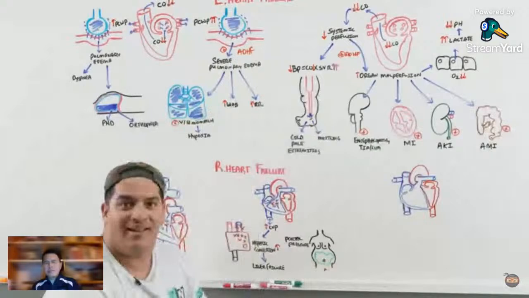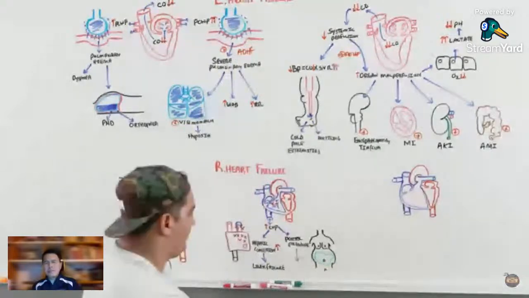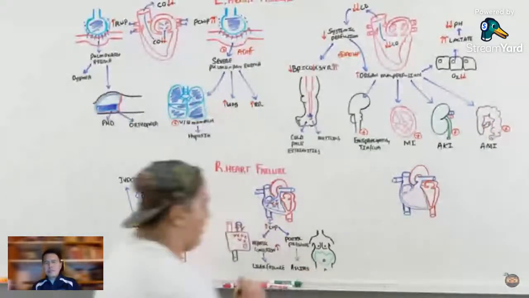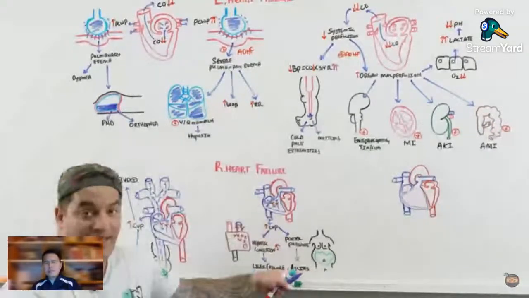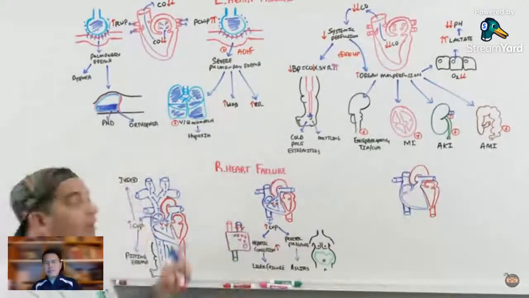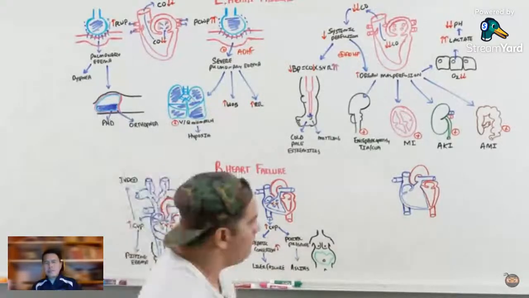So watch out if a patient develops liver failure and they have a history of right heart failure, think about that. If they have ascites and a history of right heart failure, think about that. And again, if they have very plump jugular veins and pitting edema, think about right heart failure. And the last one, it's not commonly thought of, but it can happen.